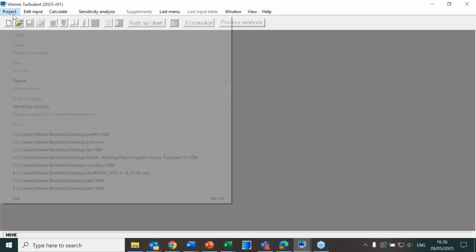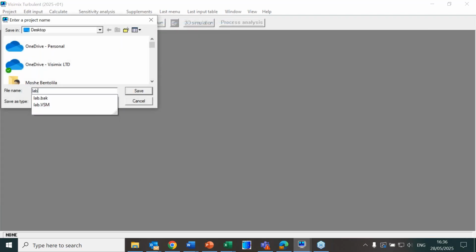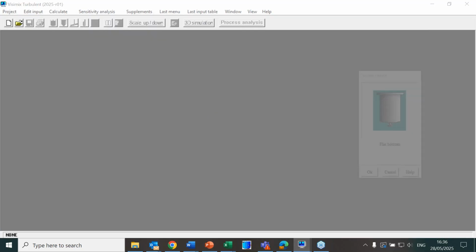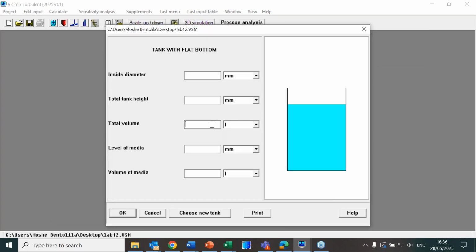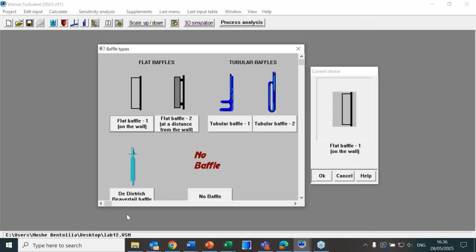Now the first thing I will do is open a new file, generate a file that you know well, let's say some lab equipment. Okay, and I will do it very fast because you know it well. I will select my tank that can be with jacket or with no jacket. My lab equipment nominal is 1 liter. The diameter of this tank is 100 millimeters. And the total volume that we have inside my tank, the material that I want to feed, to mix at this sample, is 100 milliliters. When I click OK,